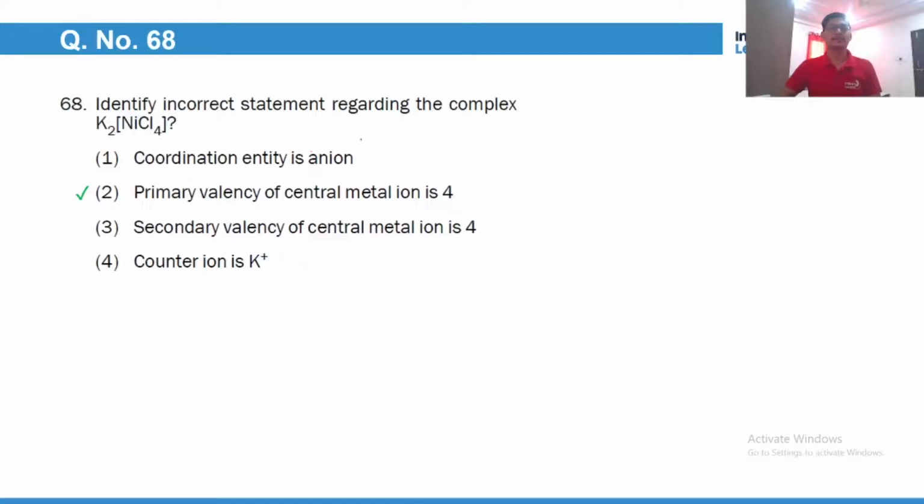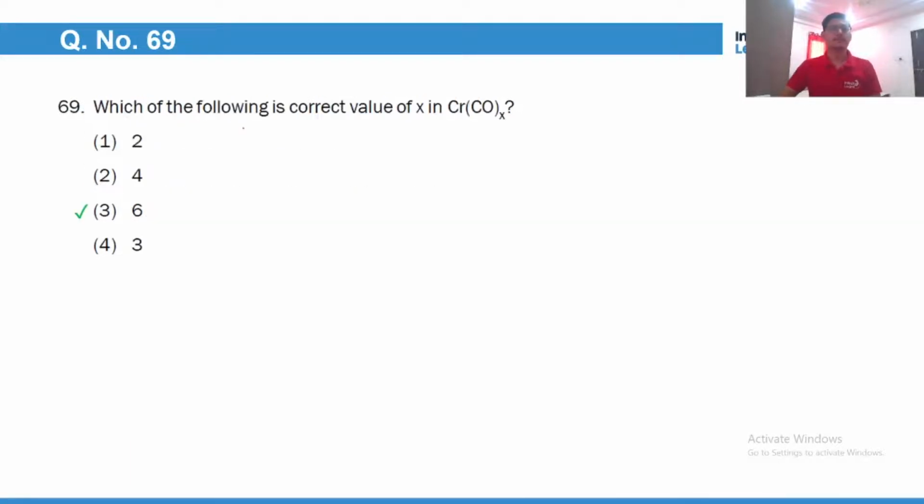Identify the incorrect statement regarding the complex. The primary valency of the central metal ion is 2. It is not 4. The other statements are correct. Which of the following is the correct value of X? So the complex is